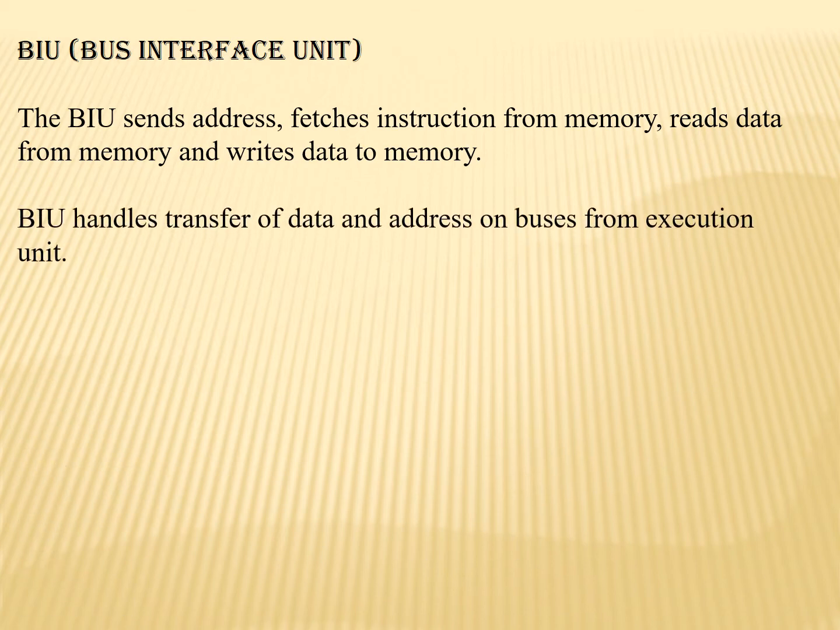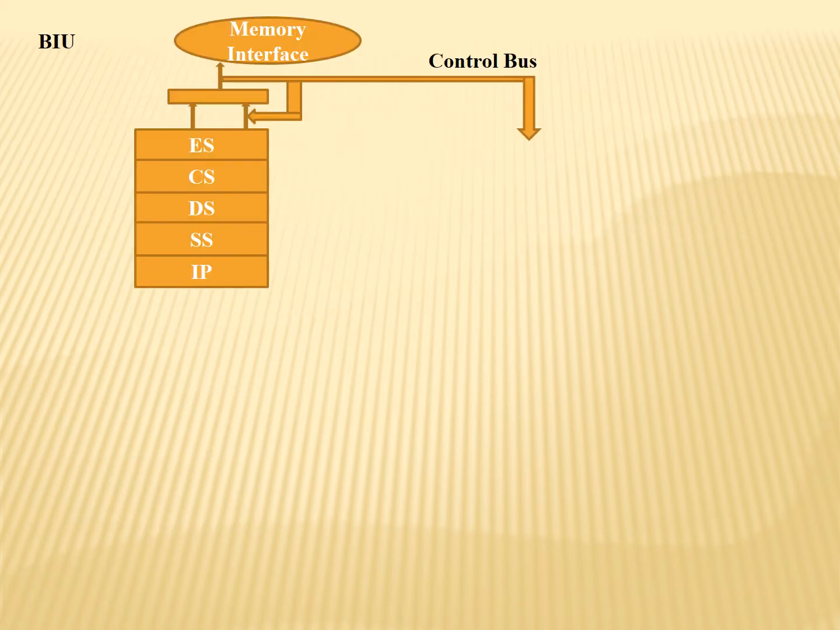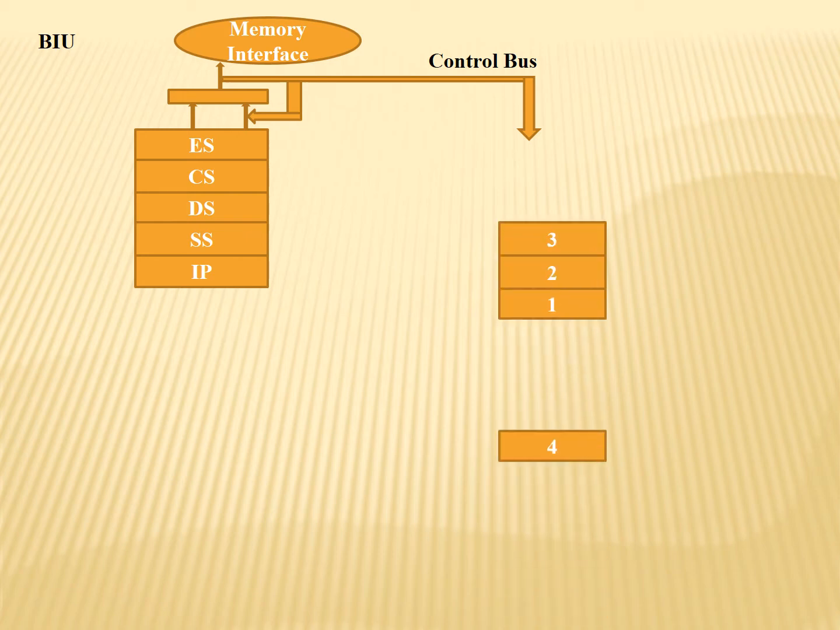The BIU handles the transfer of data and address on the bus for the execution unit. It consists of the following parts: the instruction queue, segment registers and instruction pointer. Let us understand the significance of each and every part in detail. So this is the bus interface unit. Firstly, we have here the